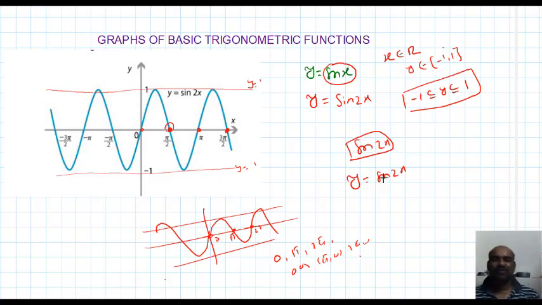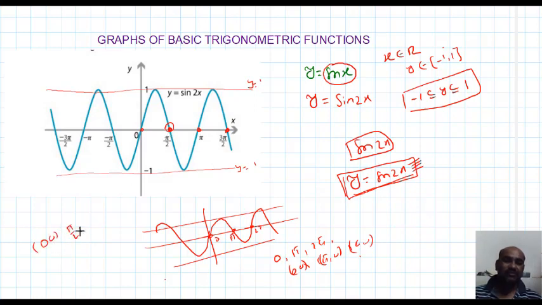What happened? The shape of y equal to sin 2x is the same as the shape of y equal to sin x. One more important thing is that this graph is also bounded between the two straight lines y equal to 1 and y equal to -1. But where this graph intersects the x axis, those points are varying. For sin x the points are 0 comma 0, pi comma 0, 2 pi comma 0 and so on. But here it is 0 comma 0, pi by 2 comma 0, pi comma 0, 3 pi by 2 comma 0. Understood? So these are extra for the sin 2x function.